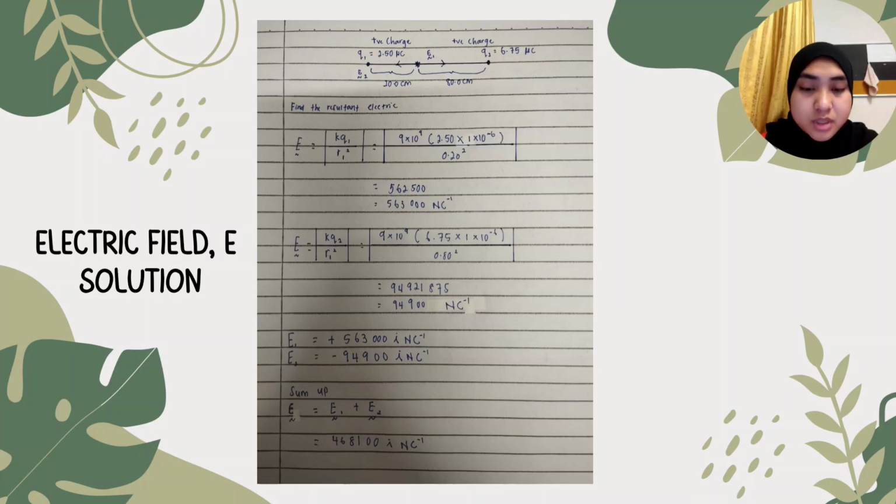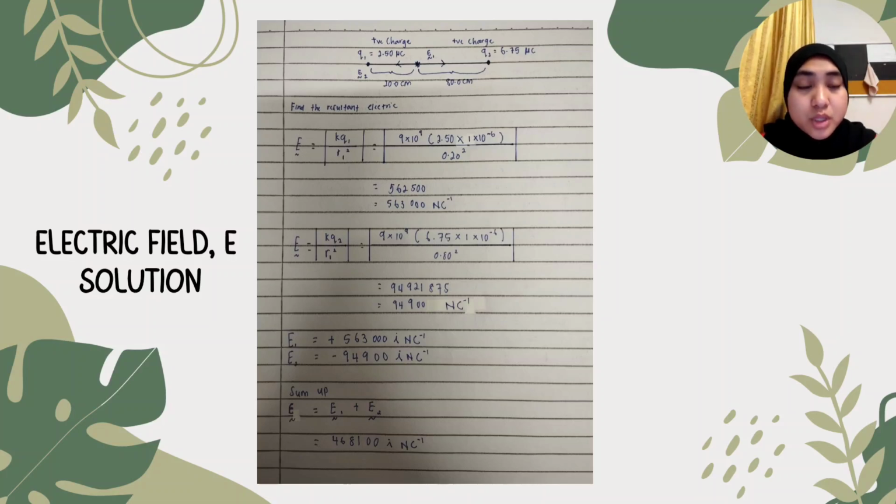That is the formula if the question is given in microcoulomb. And then it's over 0.20 squared. Why don't I use 20.0 centimeters? Because to solve the question we need to change centimeters to meters, and then we calculate it, and we can get